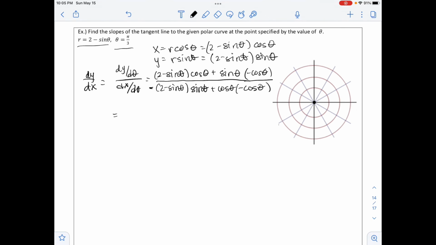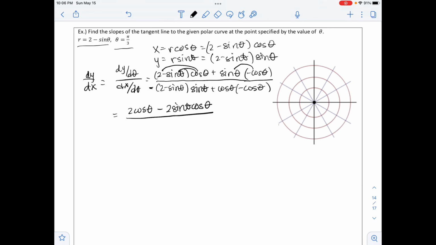So simplifying this, we end up with 2 cosine theta minus, and then distributing our cosine to sine, you'll notice that we have a negative sine theta cosine theta and another negative sine theta cosine theta. So I'm going to say minus 2 sine theta cosine theta,